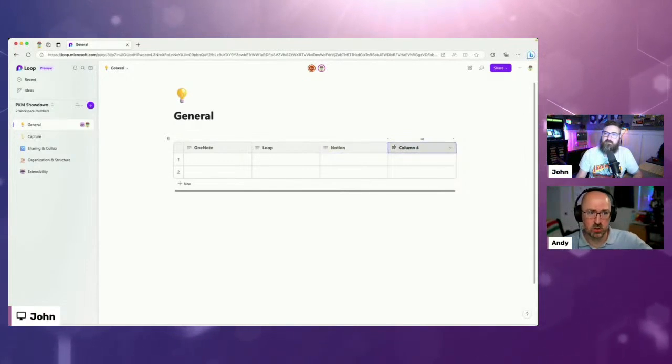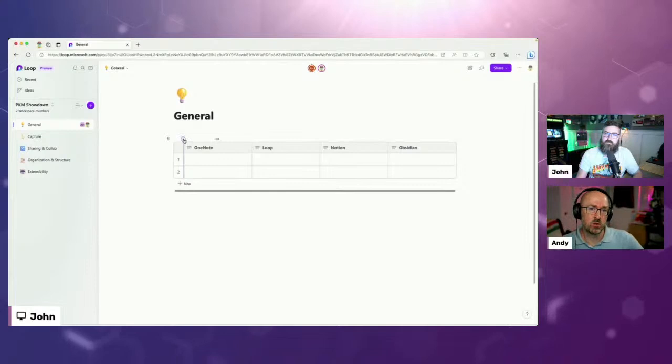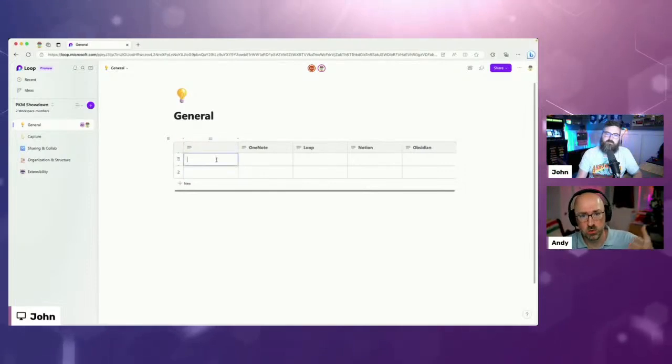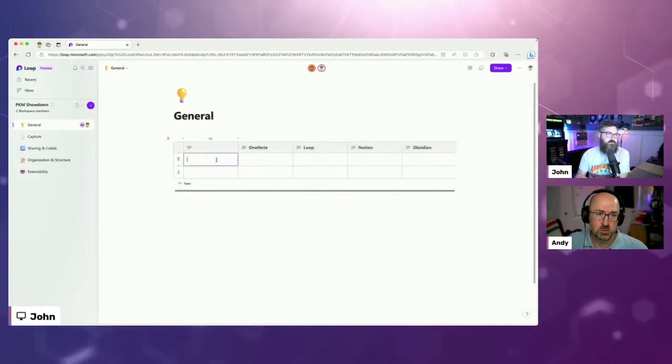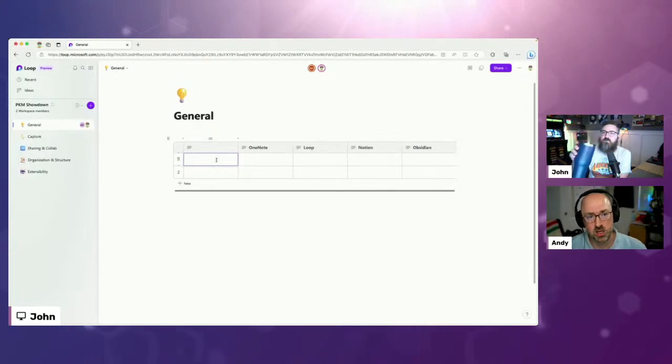So Loop's definitely the newest kid on the block for this, but I think it addresses some of the concerns that maybe users have about OneNote and some of the features there. So we go OneNote, Notion, Obsidian, and then we're going to bring it back to Loop as kind of a comparison.